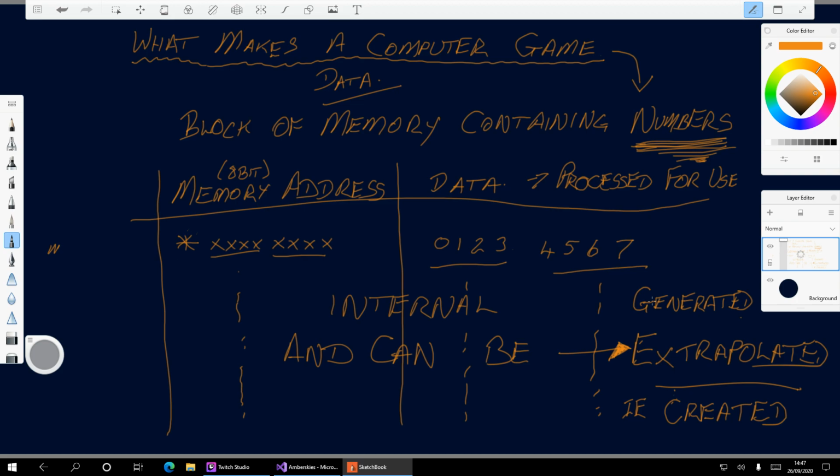You might say, but what about all the rest of the stuff that it does, like processing or generating or extrapolating or creating? That doesn't make a computer game. A computer game is made up of a block of memory containing numbers. That's all it is.